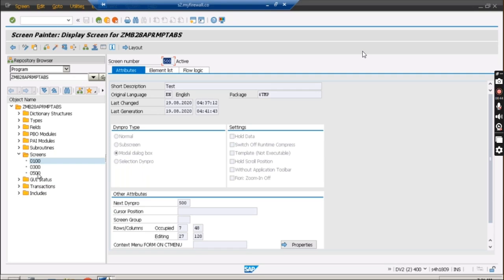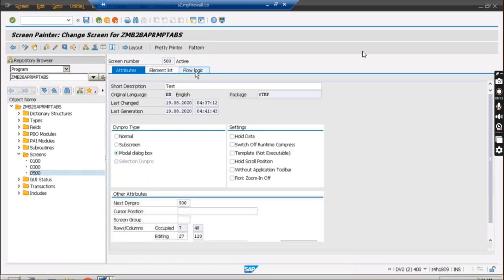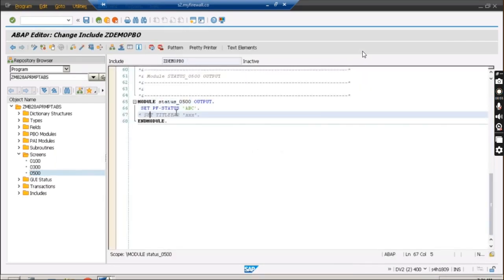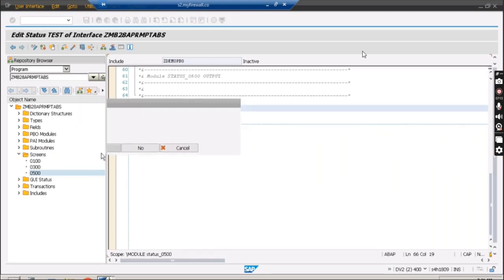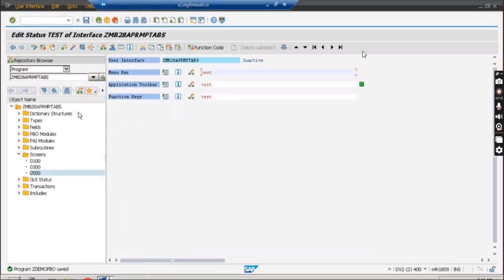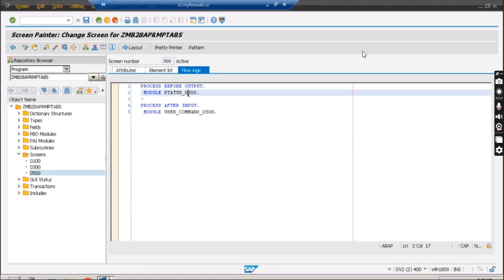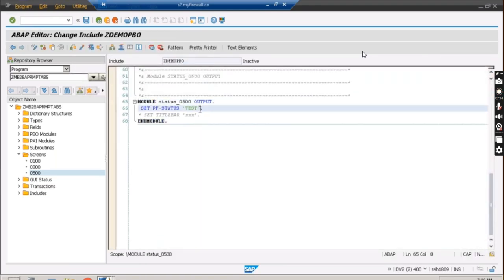We'll create the PF status, right? Yes, we'll create the PF status with the push button. So let's go and create the PF status. Here already it is there. We'll give some name over here, some another name, and let's click on this test. Click on this yes button, and sorry, I did one mistake. Go once again over here, and give some another name.